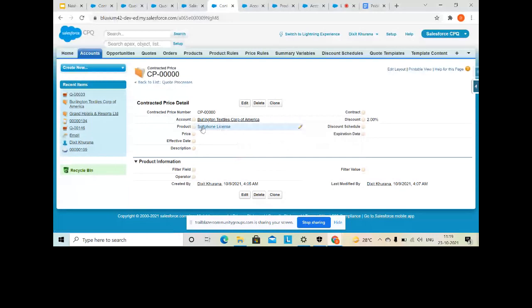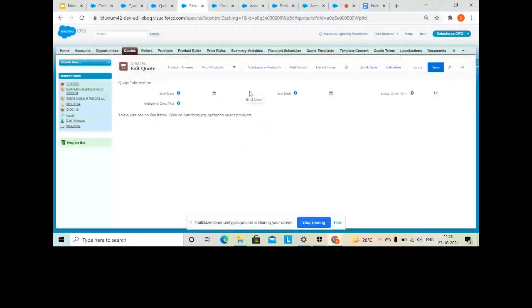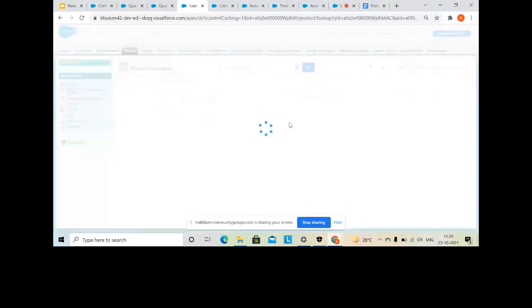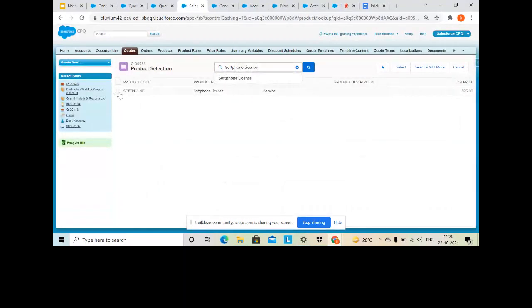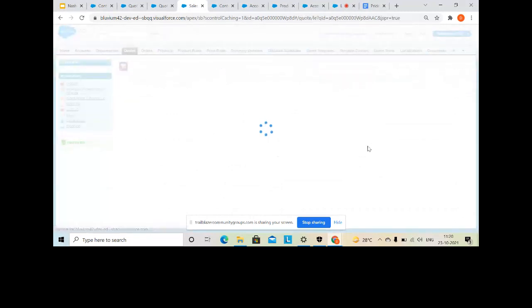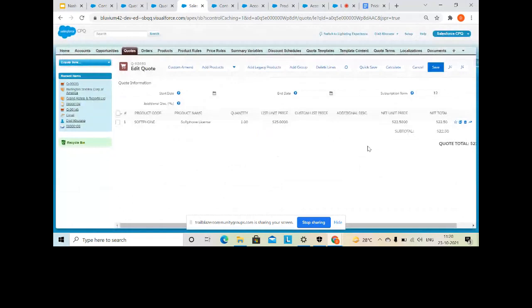Now if you go back to this quote and click on edit products, there will be soft phone license. Now you will see automatically 10% discount is getting applied on 25.